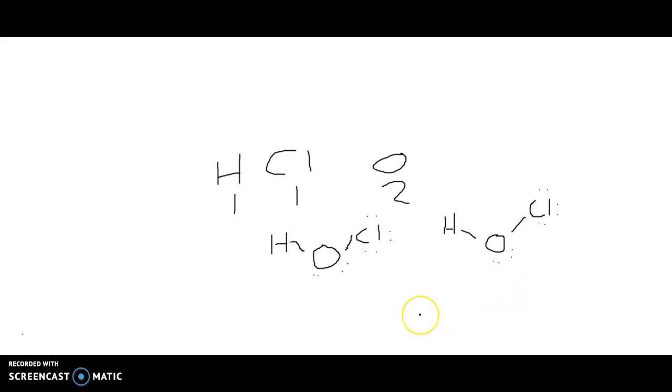So this is just an introduction. There's a lot more to drawing Lewis dots or drawing these dot structures, but now we're looking at molecules, so that's pretty cool. All right, so take a look at that, review it, fill in your definitions, look in the